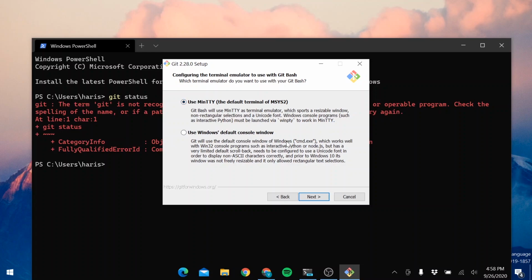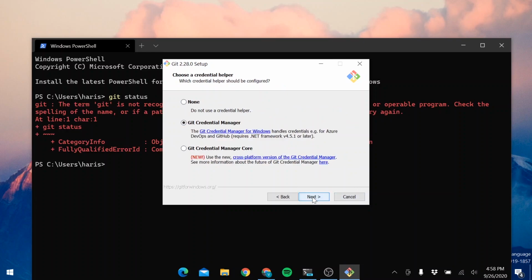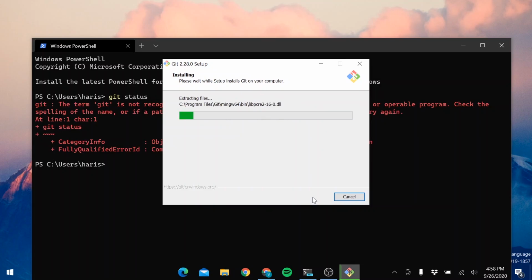If you use the other one, the Windows command prompt will appear when you open Git. In this one, Minty will appear when you open Git. Okay, keep the first one and press next, skip all of this and keep pressing next until the last one, and the extraction of the program files will appear.